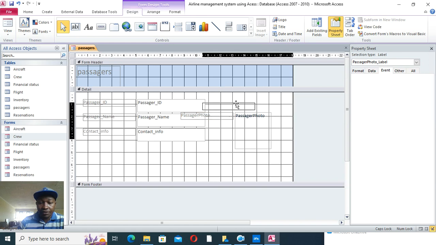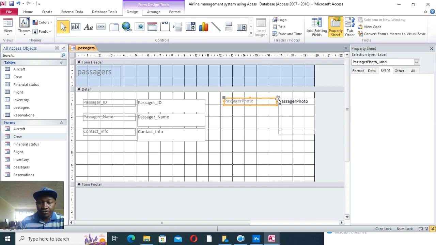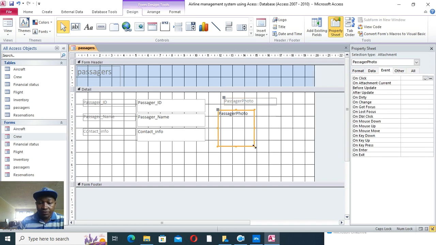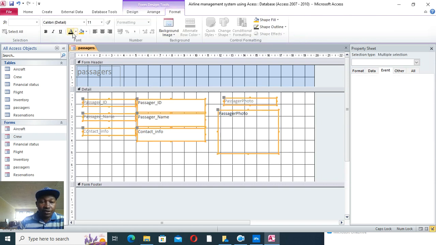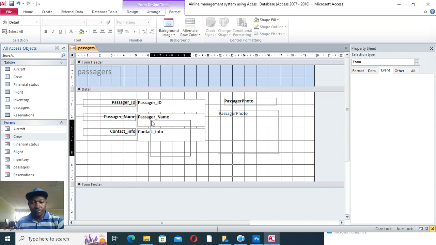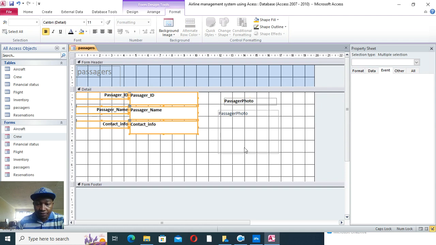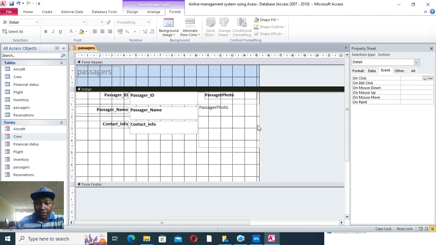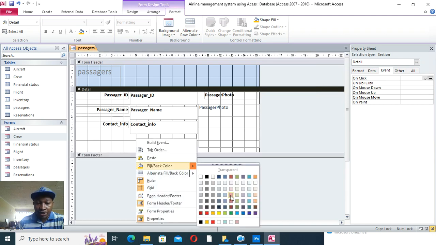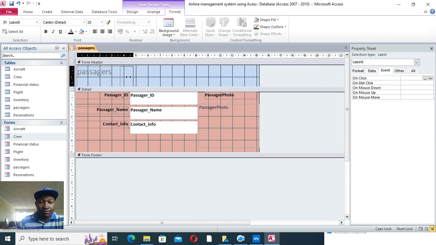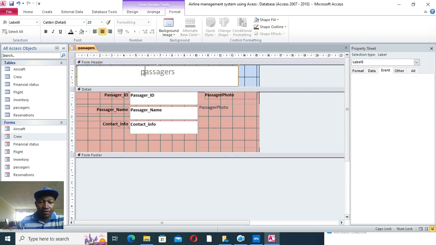For the flight, bring that point there, bring this guy here so that we can have the photo, then highlight all of them, format, make them vivid, then this one should be right aligned, then take these guys up there, also this one to be somewhere there, then this one can be nearer, this one can be there, then right click, change the back color, then passengers, bring it at the center,